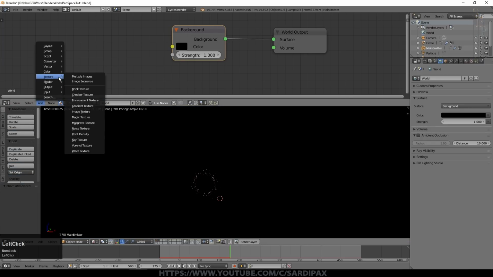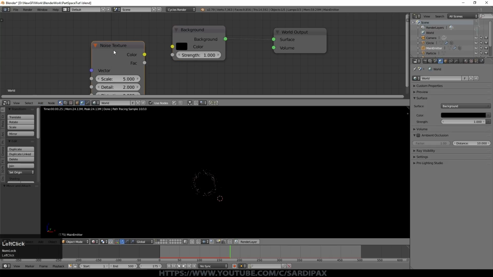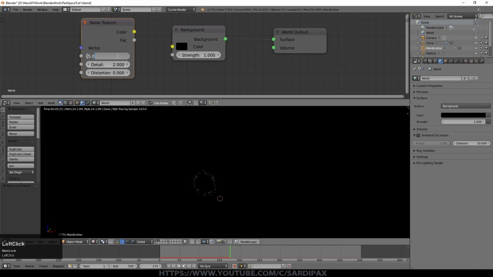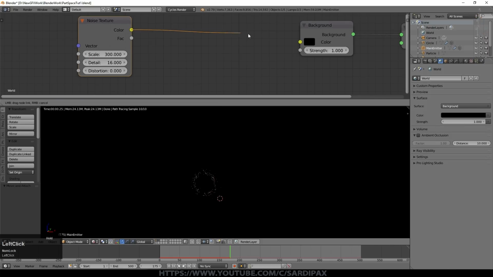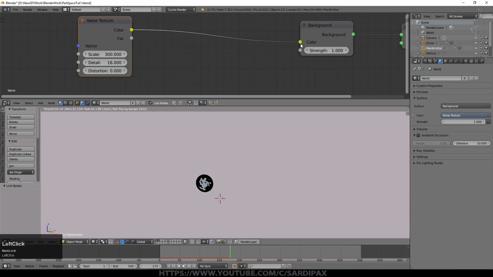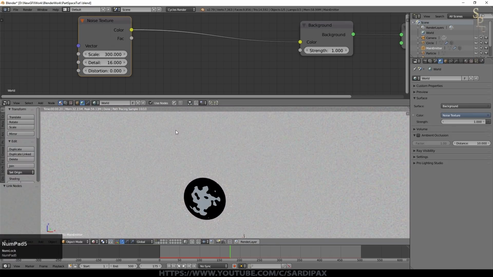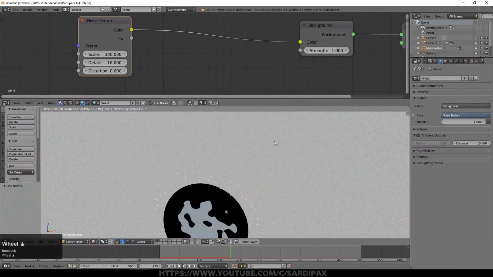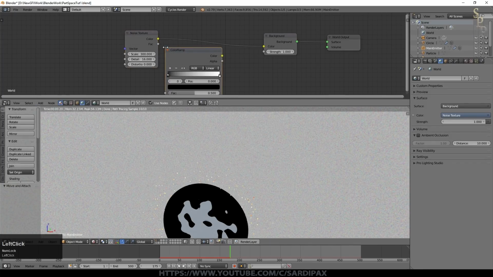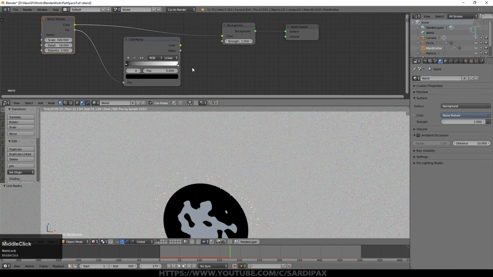I'm going to add my usual noise texture, set to 300, detail of 16. You can go higher, and that goes into the color input of my background node. If I come out of orthographic view, you can now see we've got these sort of colored dots appearing. So I now take a color ramp. You can either take from the color or from the factor to go into that color ramp.